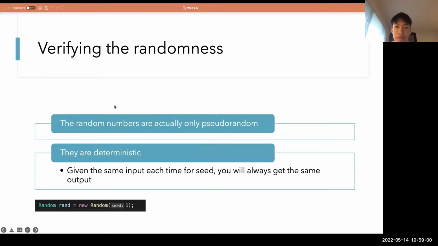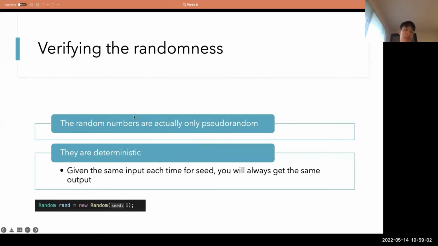And we can actually verify the randomness of this. So the random numbers are only pseudo-random. And what does that mean? It's because of the way Java finds these random numbers. Computers aren't random, right? It's either on or off. You can't just have a number out of nowhere that you don't know what it's going to be. So the way computers do it is by, I think, you find some absurdly